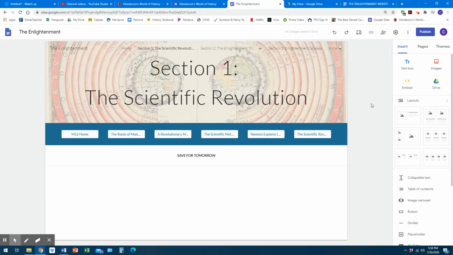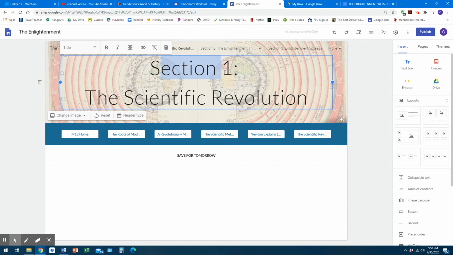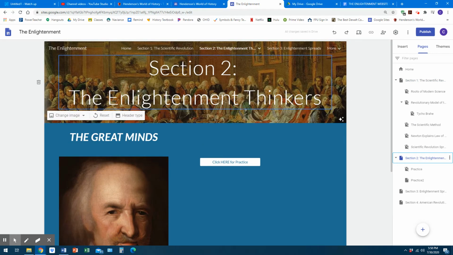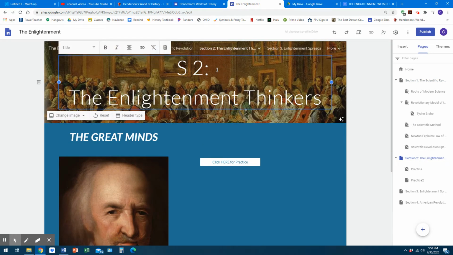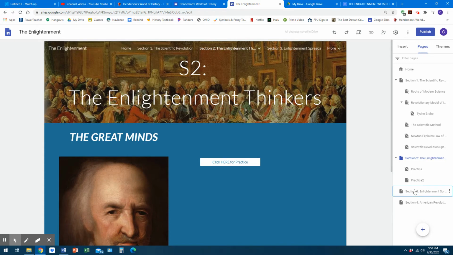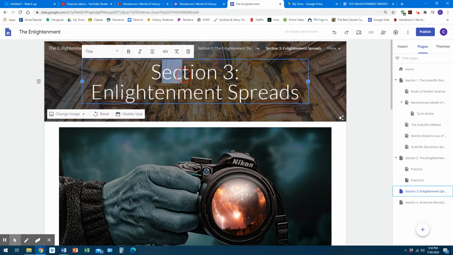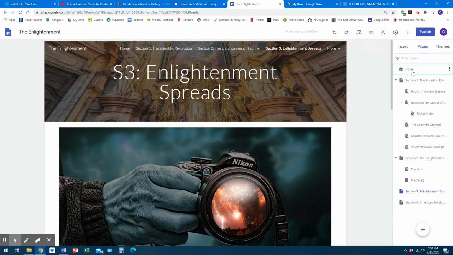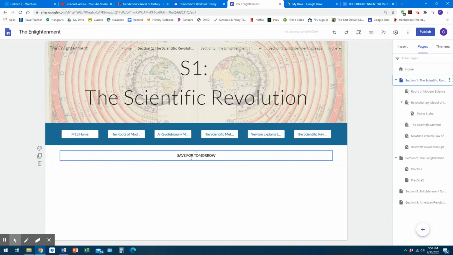So they may have decided that, you know what, we're not going to write section 1 at the top of all these. We're just going to write S1 for all these things. So they're going to go to each page and they're going to write S1, S2. But that's not what you're doing as the section chief, because you're only on your section. But the managers are going to go in and begin cleaning up anything above your save for tomorrow text.